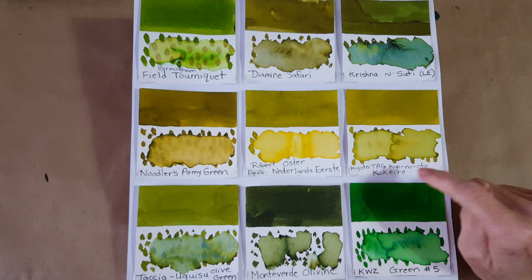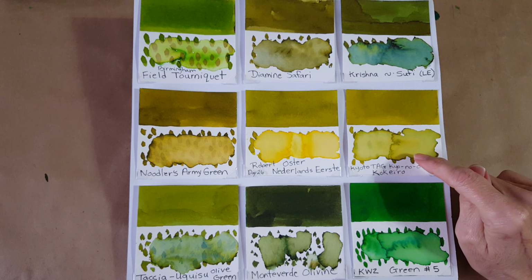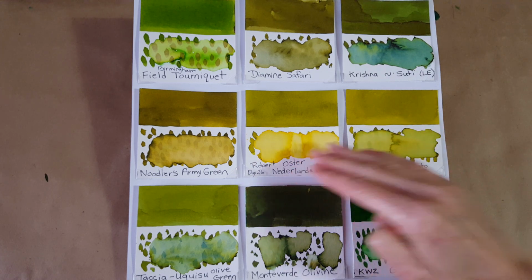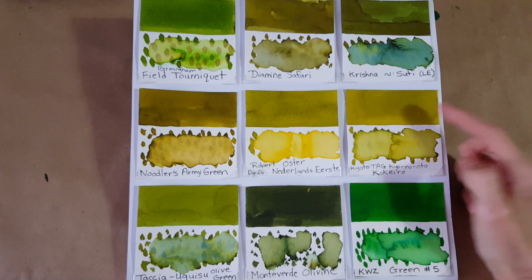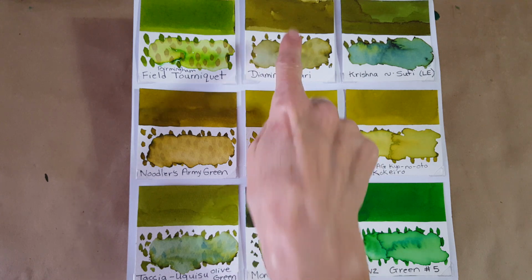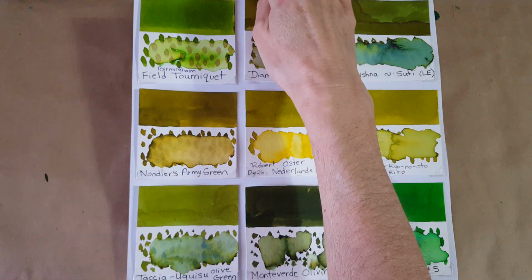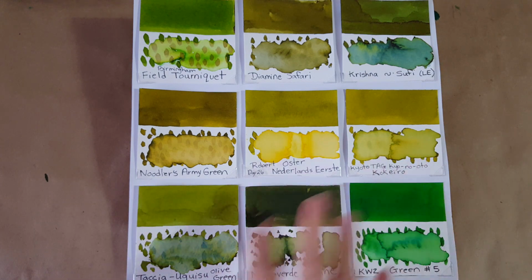And I don't remember how to say that. It's Kokeiro. The middle part where we see the chromatography is different. And I think this ink was a little light for me too. Whereas when I got into Diamine Safari, that was a nice, that really worked for me. I like that ink. And that's just personal, but it just shows you we can look at these and they're,